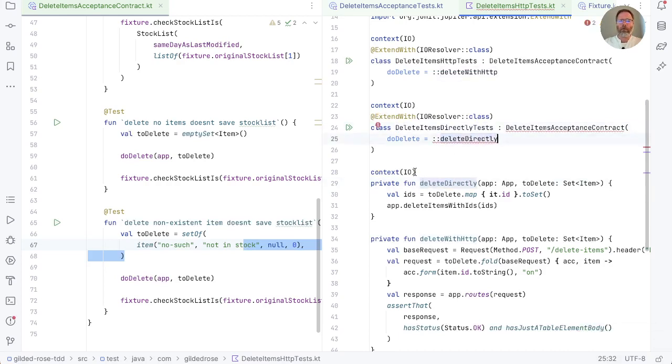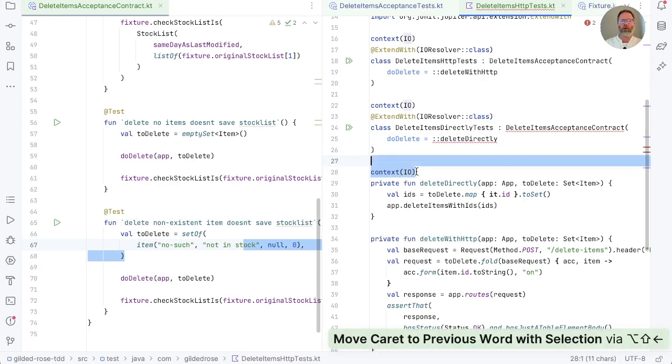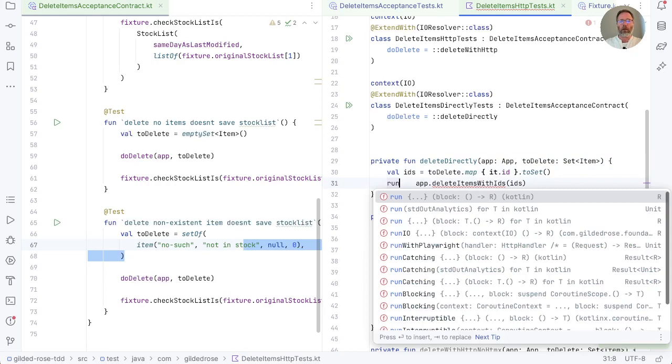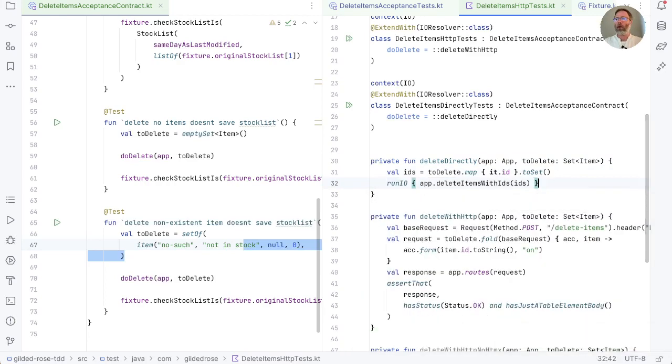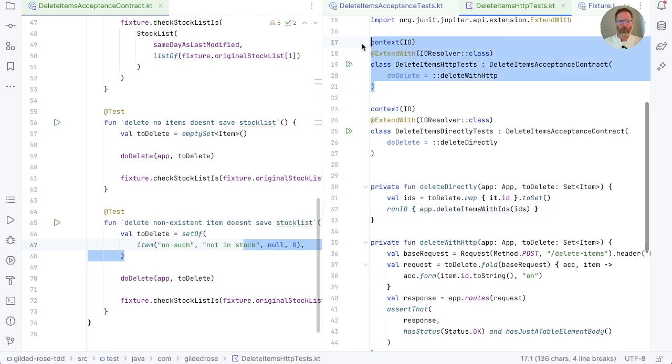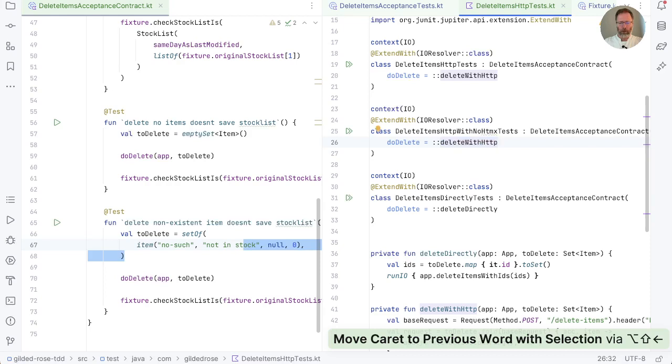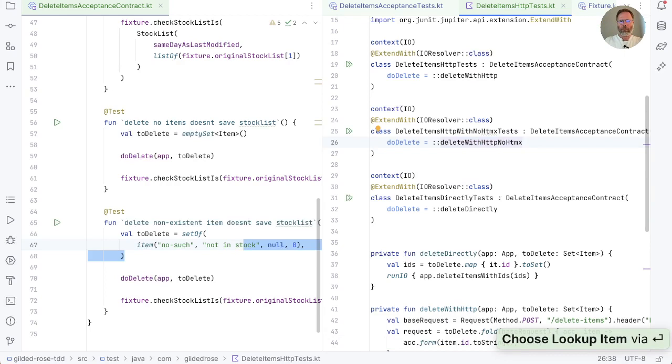There's an issue here now that this requires context of IO. I think now that we've got so many routes into the app, we're going to relax that by removing the context IO from here and instead doing run IO on this block. And you'll probably see where this is going. We could also have delete items HTTP tests, but it would be HTTP with no HTMX. This would be delete with HTTP no HTMX. And if we run all of our tests,